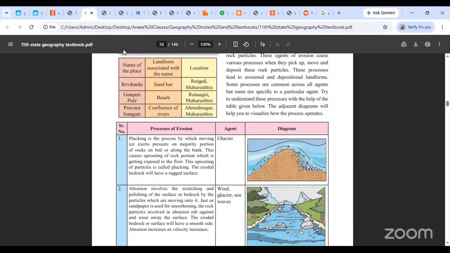नेक्स्ट पार्ट जो है उसमें हम इरोजन एंड डेपोजिशनल लैंडफॉर्म्स कंसीडर करें. यू गाइस सिट डाउन, बहुत हो गया. ओके, नेक्स्ट चैप्टर में हम क्लियरली इरोजनल एंड डेपोजिशनल लैंडफॉर्म्स कंसीडर करेंगे. सो फॉर दैट वी नीड वेरियस. गाइस बी क्वाइट.